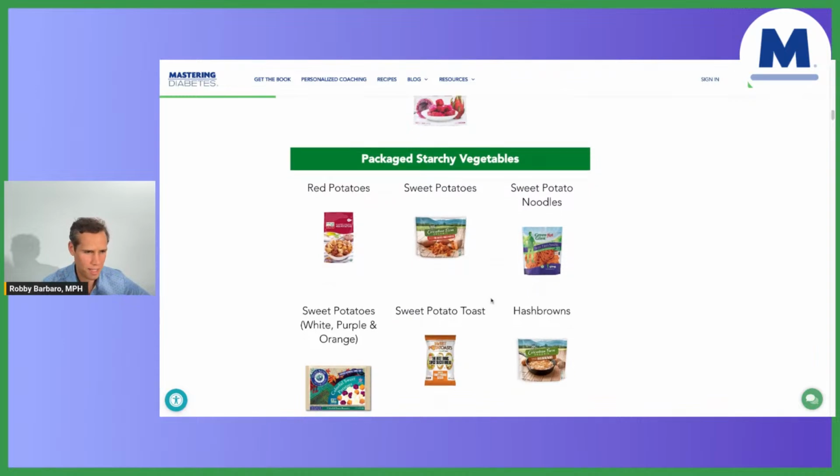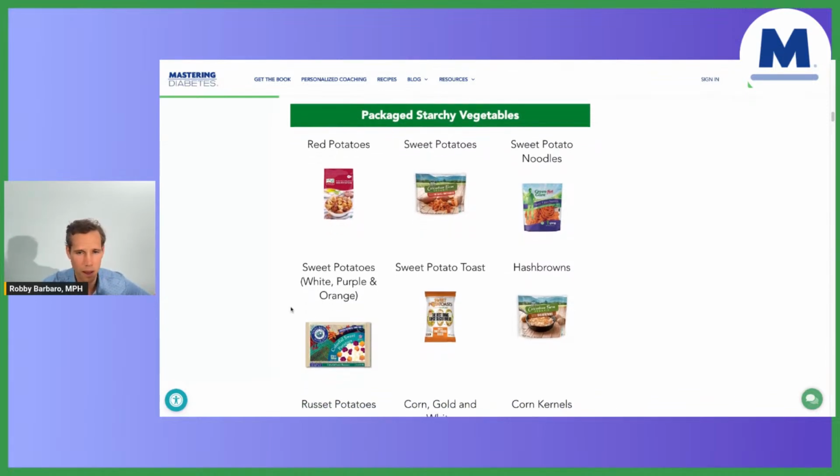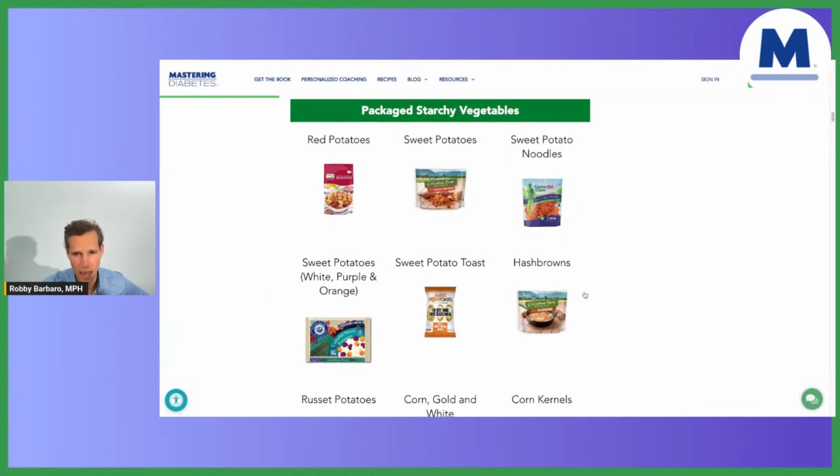Now, starchy vegetables, that's the second category in our green light food list. So there's a lot out there, right? So this is literally Cascadia Farms. This is just sweet potatoes. That's it. There's nothing else. The sweet potato noodles, that's it. It's just sweet potatoes that have been turned into noodles. You can have a lot of fun with those. This company has white, purple, and orange potatoes in a bag. That's it. Already pre-cut, quick and ready for you to put in whatever recipe or no recipe you need, however you want to do it. All right. Sweet potato toast, hash browns,